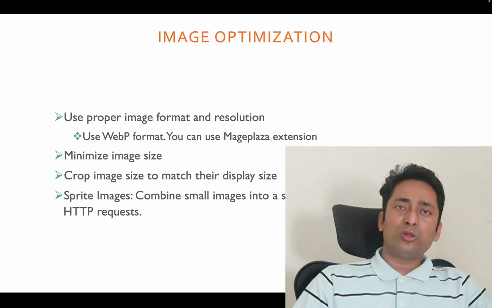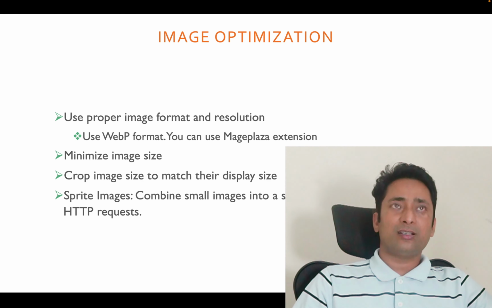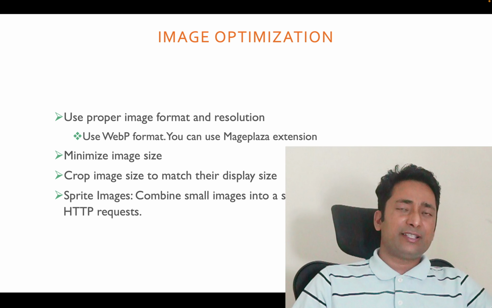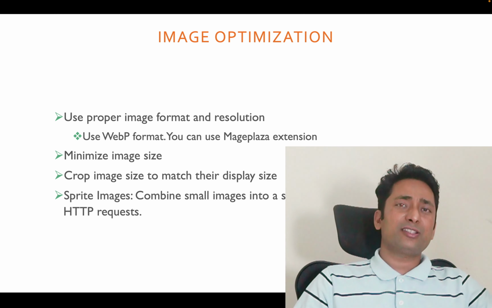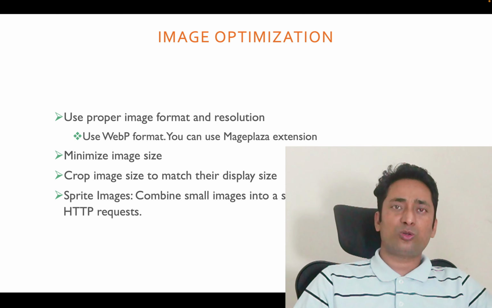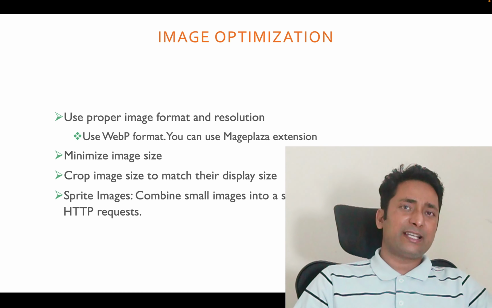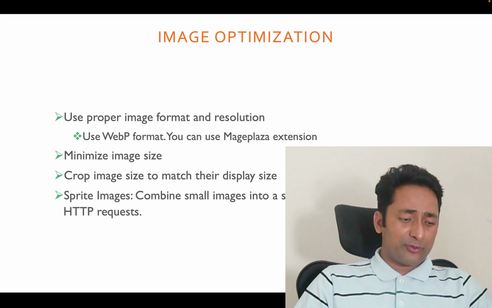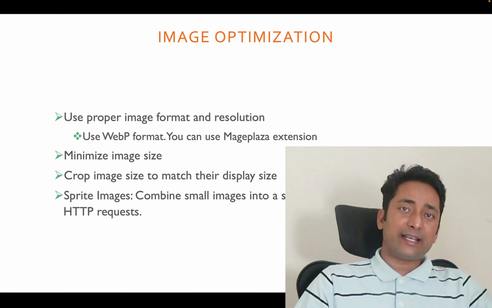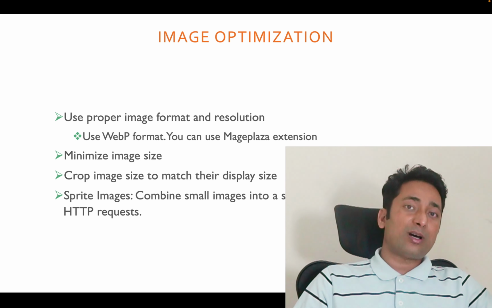In KB also, in general, I have seen people using 20-30 KB to 60-70 KB. That is a generally good range for image sizes. But if I talk about product images, you should try to minimize as much as possible while keeping the quality of your image. If possible, try to bring the image sizes to 30 KB or even 20 KB. Otherwise 40 KB is also fine, but try to minimize it as much as possible while keeping the quality of the image.